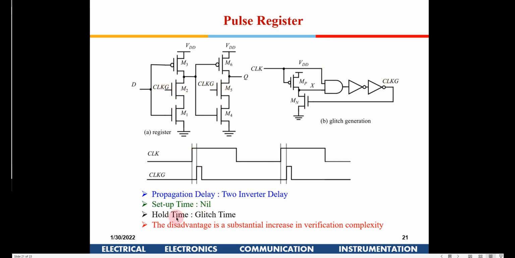Now hold time is the glitch time. That means for this much duration, when the clock is high, D has to be stable. Otherwise,